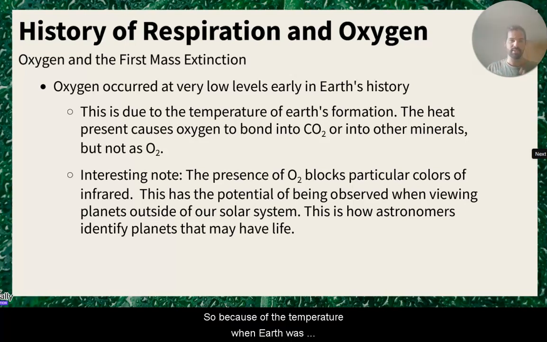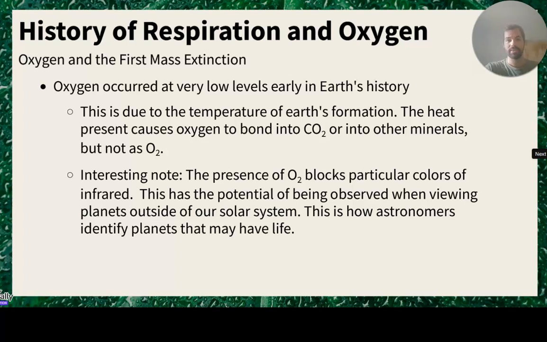Because of the temperature when Earth was formed, a lot of that oxygen was bound up in CO2, so that oxygen couldn't be available as a receiver of electrons,